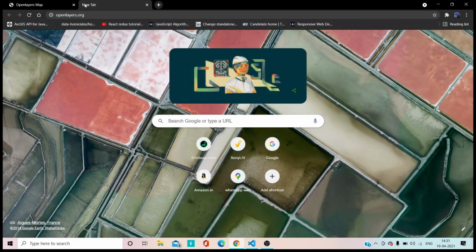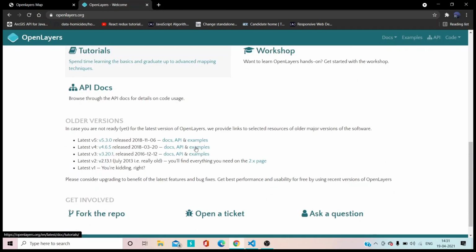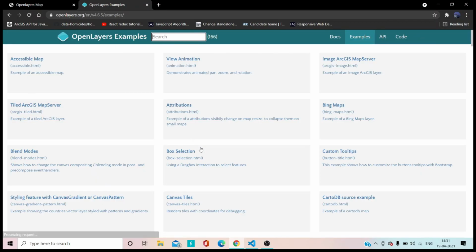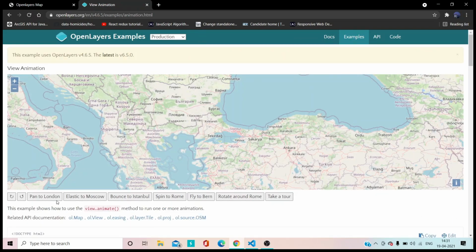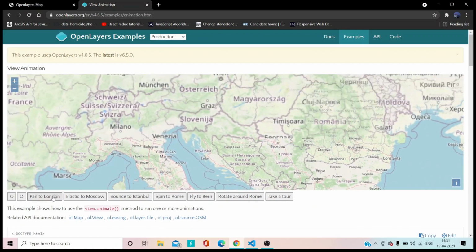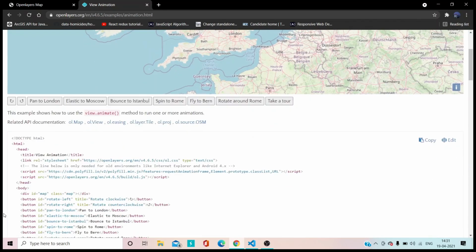So if I go in OpenLayers, if I go in examples, as you can see, they have given so many examples. So let's click on view animation because we want an animation. As you can see, they have a button, and once I click on pan to London, it will take me to this. We want exactly this functionality.